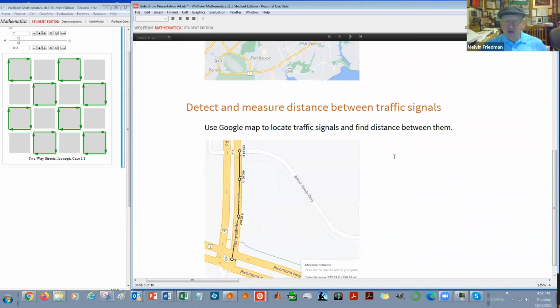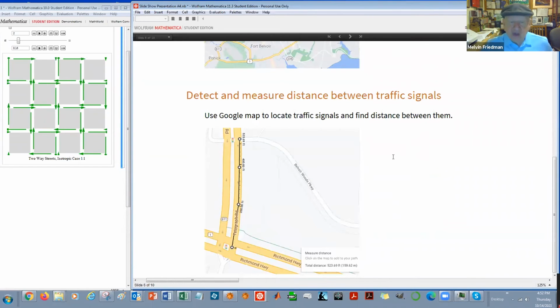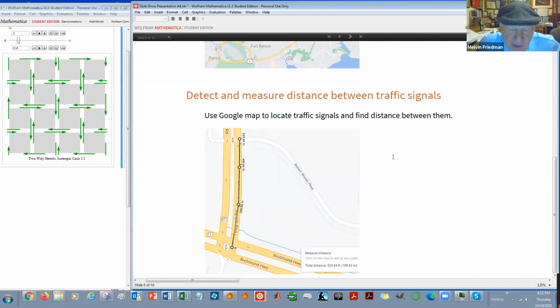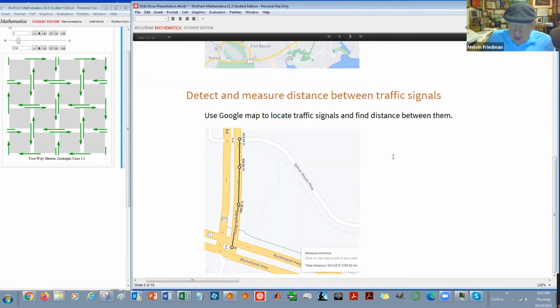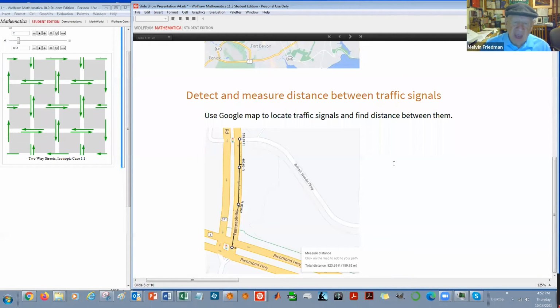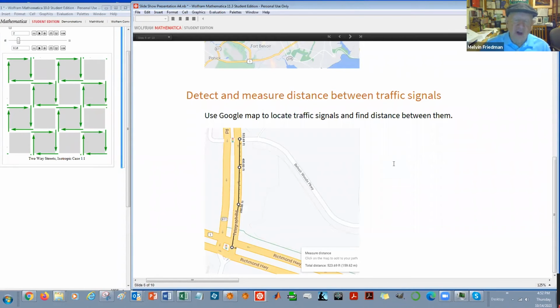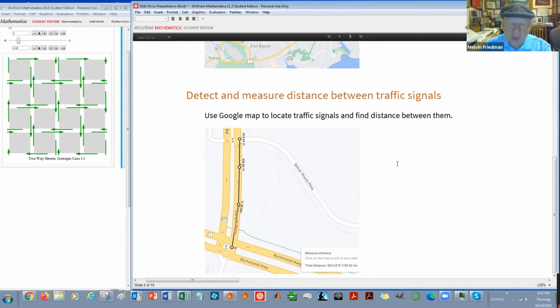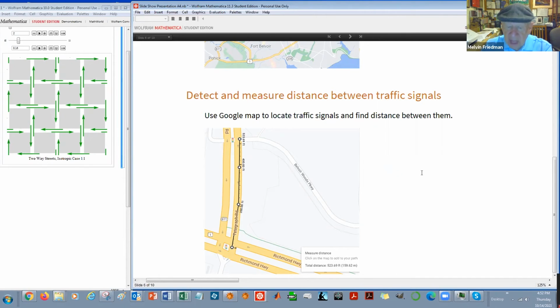Now, to do this work, I needed to know the distance between traffic signals. And one way to do that is to just drive around in your car and locate traffic signals on a map, and then find out with your car odometer how far away traffic signals are from one another. But there's a much better way to do it, and that's with Google Map. So on Telegraph Road,